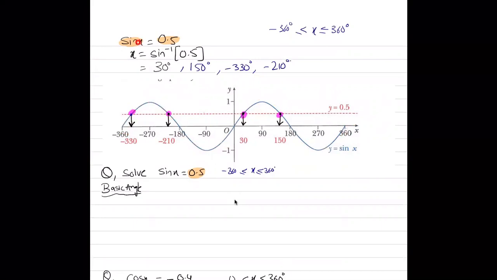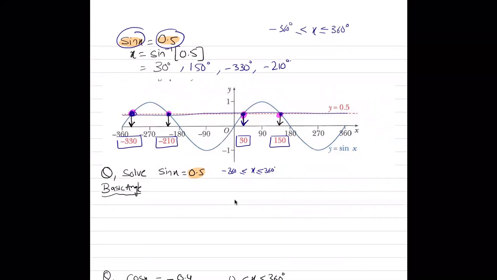Now you want the sin x curve to be equal to 0.5. So you draw a horizontal line at y equals 0.5. Then you see where the sin x curve is equal to 0.5. It is equal to 0.5 at this position, this, this, and this. Reading the values, the first value is 30, the next is 150. These are the two values from 0 to 360. For negative angles, these are going to be negative 210 and negative 330.